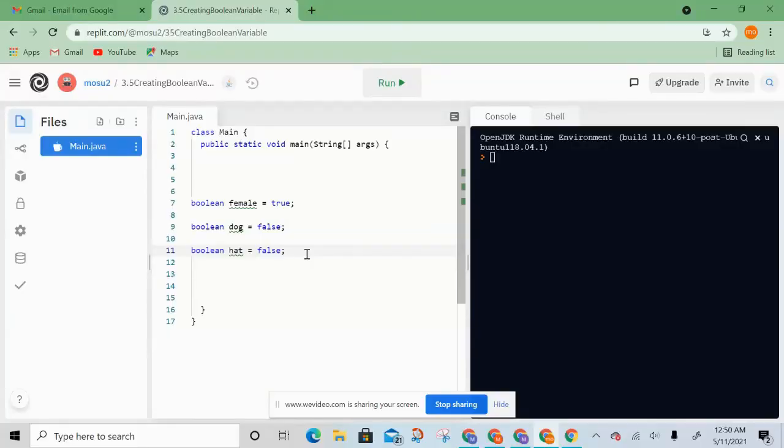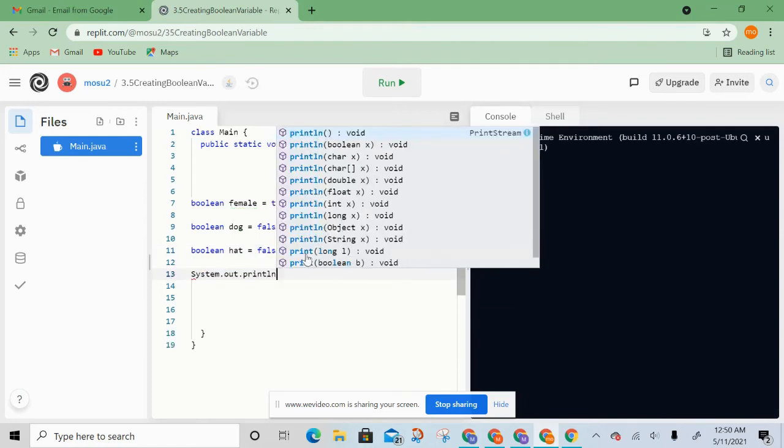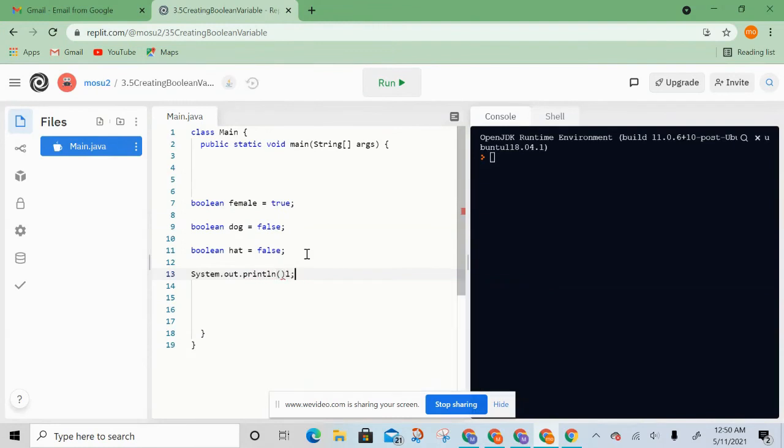Next, we're going to learn how to print Boolean variables. Okay, so if we actually want to print Boolean variables to the screen, or basically the value of Boolean variables to the screen, it's the same way as if, let's say, we wanted to do it for a string or an int or a double. We're going to write out our print statement first, system.out.println, get our semicolon at the end,